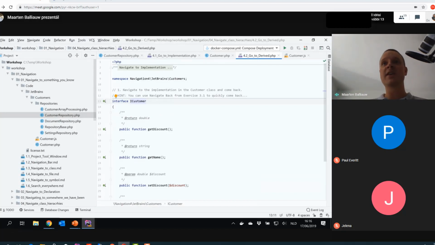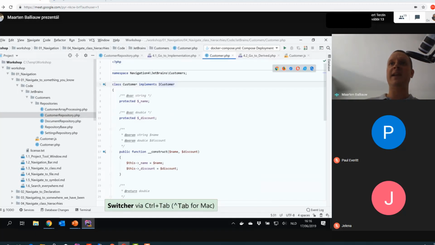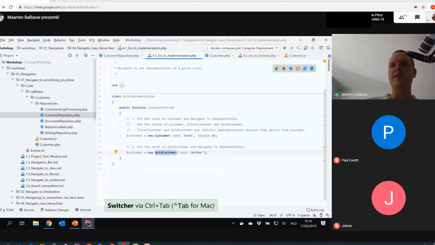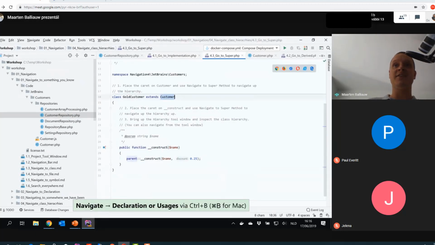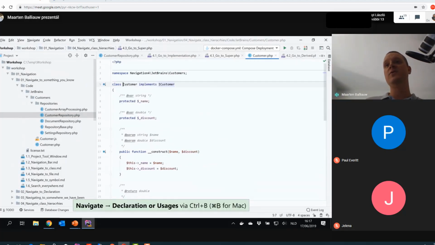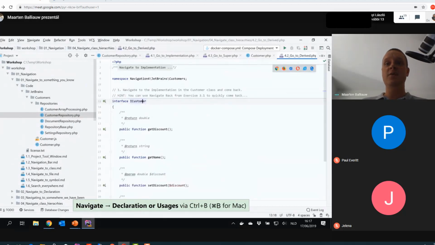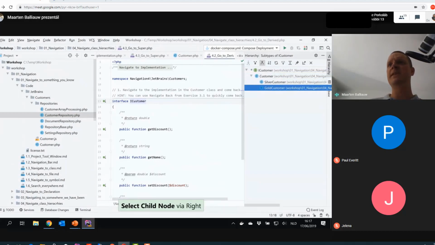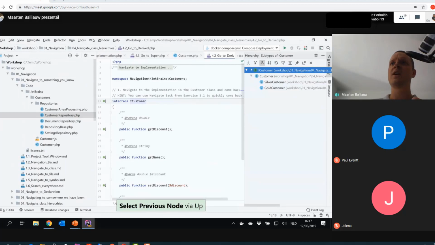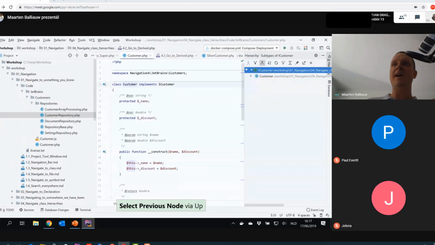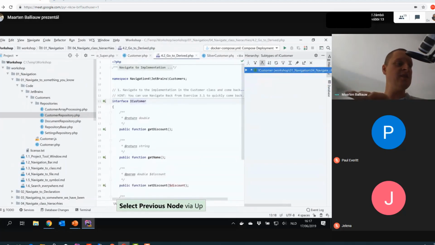Now, speaking of type hierarchy, we have this ICustomer. You already saw that we had this customer that implements the ICustomer. And if you look at the code here, we also have a gold customer, and that gold customer also extends customer. So you see there's some type of a type hierarchy in our code here. What we can also do is, when we are in the interface, use the Control-H shortcut and look at the entire type hierarchy of all the implementations of our customers. You will see a new tool window, and we can navigate back and forth between, for example, the silver customer, go back to the customer, go back to the interface, and so on. So really easy to navigate around the things that you have in there.